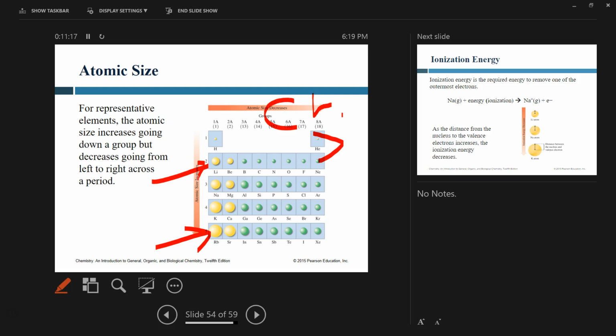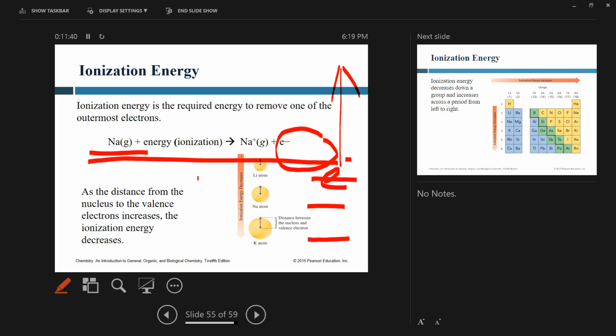Which atom do you think requires less energy: ripping off an electron from rubidium or from lithium? Rubidium, right? Because the outer shell is so far away, the nucleus barely holds those electrons. Just because of the sheer distance, there is very little attraction. So you don't need to spend a lot of energy to rip it off from rubidium,